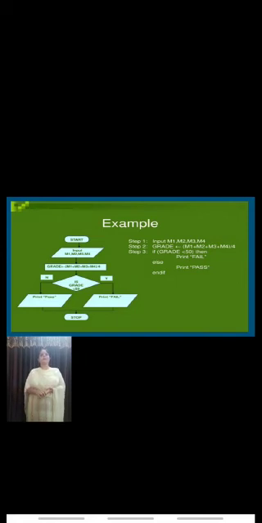Next is the process box. We calculate its average. After that, we take decision. That is, if grade is less than 50, then print fail. If the grade is greater than 50, then print pass. And at the last, we use the stop box.